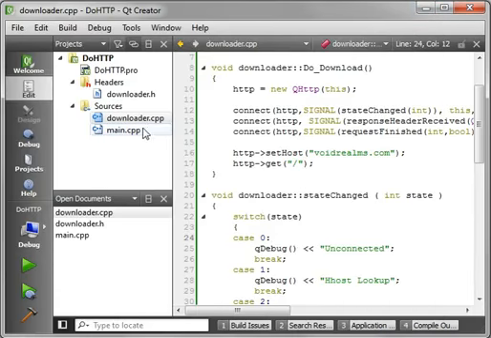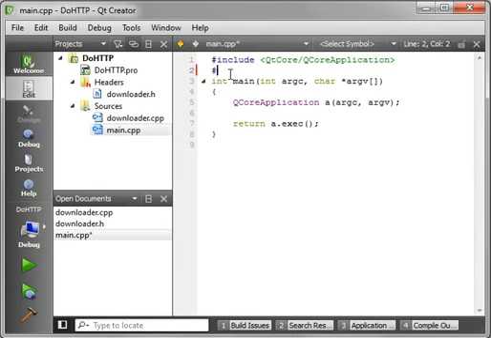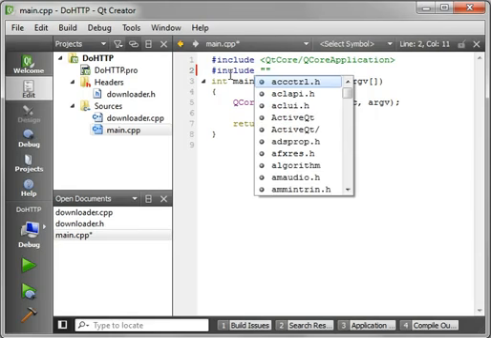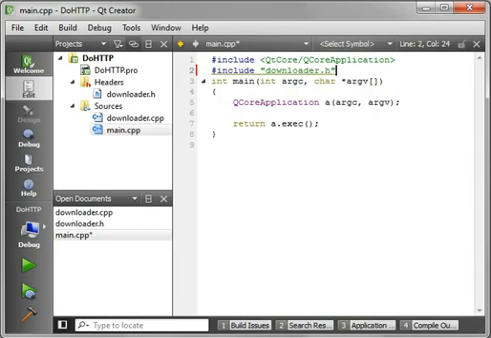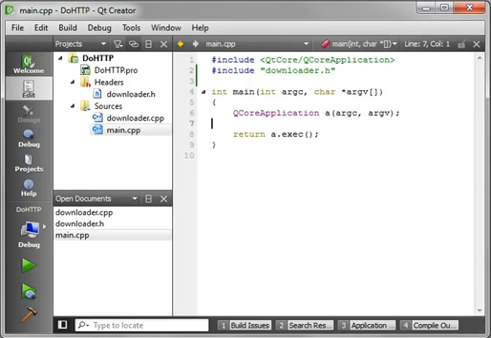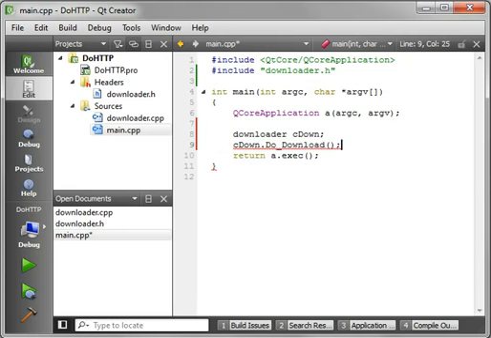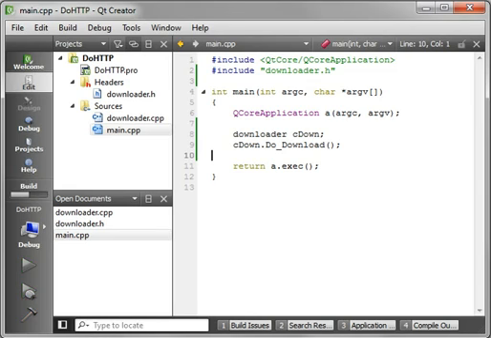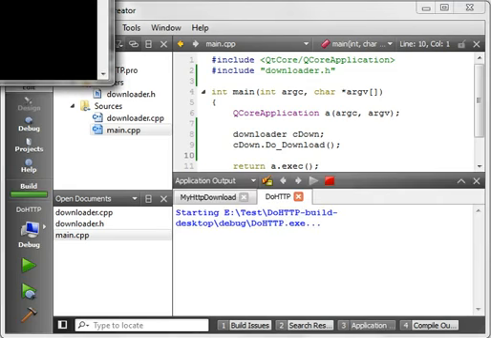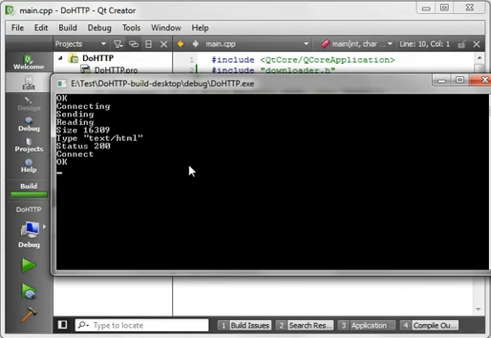So let's save our work, and really quickly, let's call out our class here. So we'll say downloader, cdown, do download, compile and run, and with any luck we don't have any errors in our code here. It went faster than I could drag it over, but you can see how it says connecting, sending, reading, the